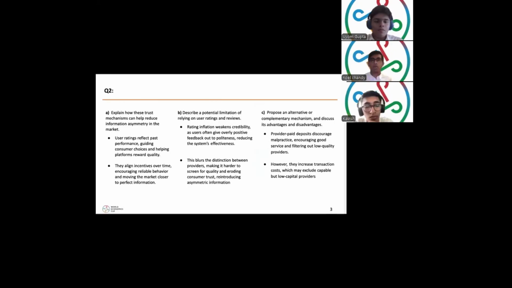In the sharing economy, information asymmetry arises when consumers can't observe a provider's true quality before a transaction, which can lead to adverse selection and market inefficiency. User ratings and reviews act as signals of providers' past performance. By turning private experiences into public feedback, they help consumers form expectations and identify reliable providers. This improves screening by matching users with reliable providers, therefore encouraging quality and gradually moving the market closer to perfect